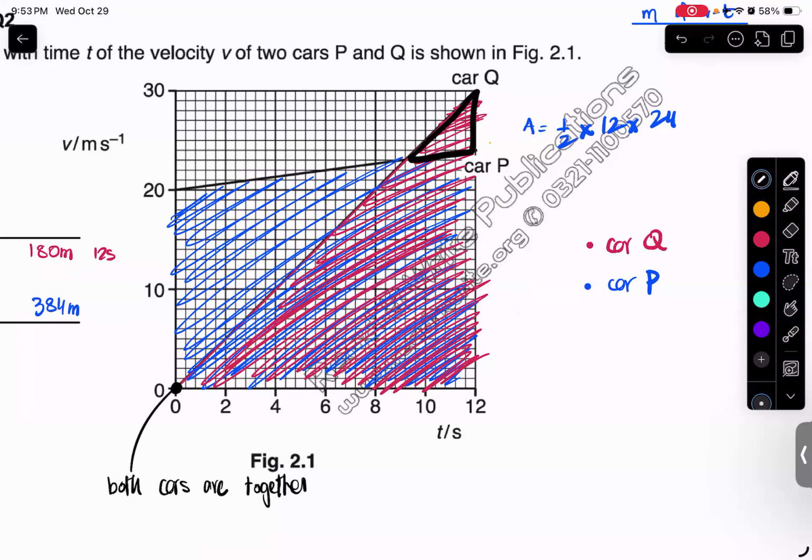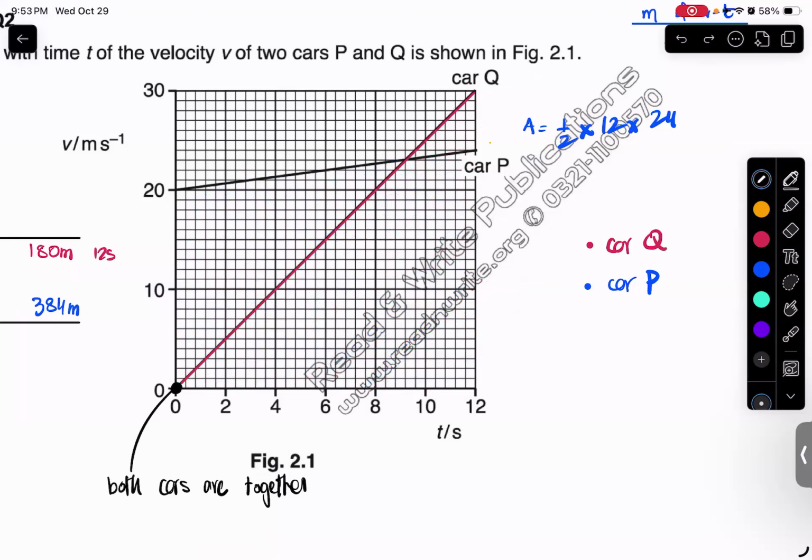You're absolutely right about that. That is one way to solve it,